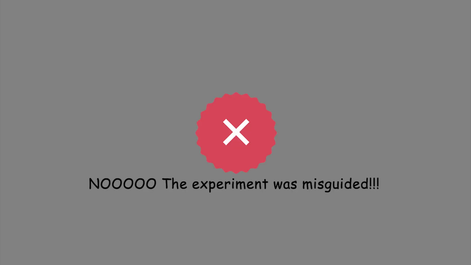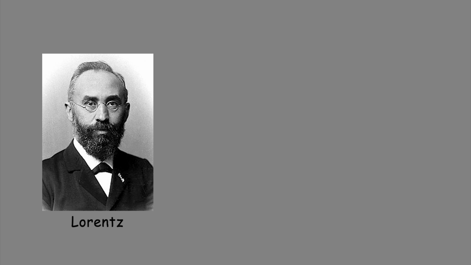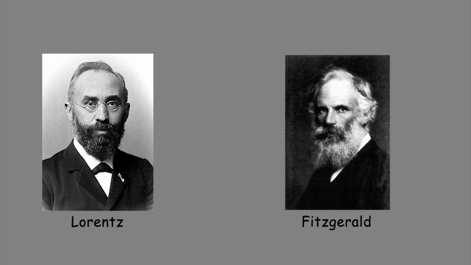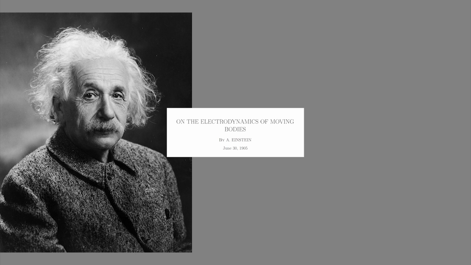As a result, many scientists of the time either considered the experiment flawed or suggested that the properties of the ether had been misunderstood. After this result, scientists like Lorentz and Fitzgerald did not immediately dismiss the existence of ether, but suggested that ether might not be affected by solid objects, or that the speed of ether or the Earth's velocity was incorrectly measured. However, in 1905, Albert Einstein introduced a new perspective with his famous paper on the electrodynamics